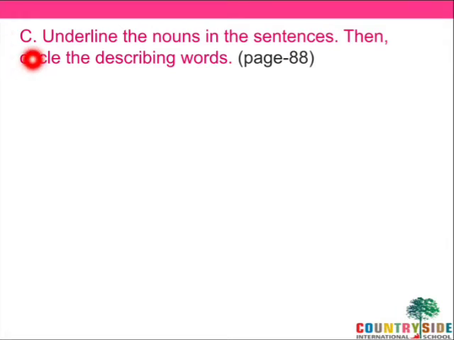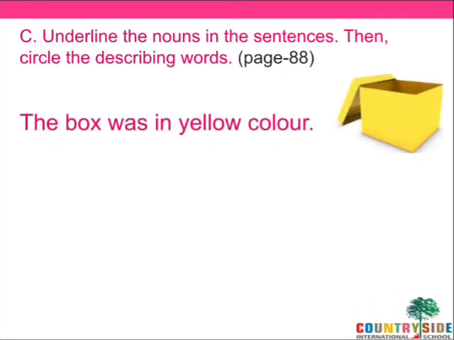Exercise C, underline the nouns in the sentences, then circle the describing word. That is on page number 88. So children, this is the sentence. The box was in yellow color. Now first we have to find out the noun from this sentence. So what is noun? Box. Yes. So we will underline the noun, and now